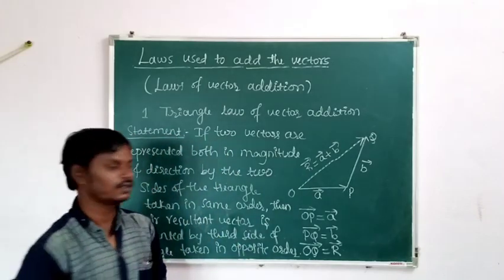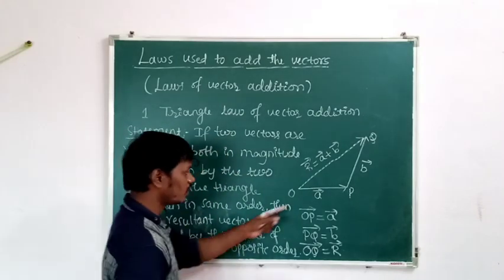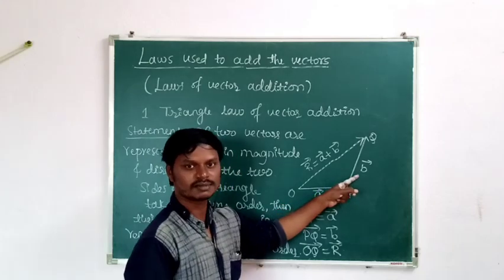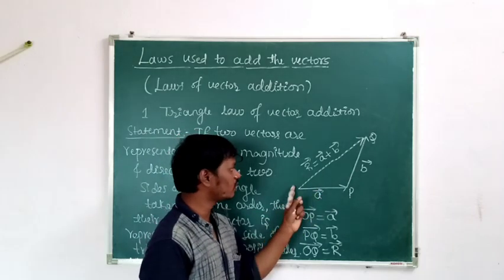So let us discuss one more. Here vector A and vector B are taken in the same order, but the resultant vector is taken in the opposite order. See here,